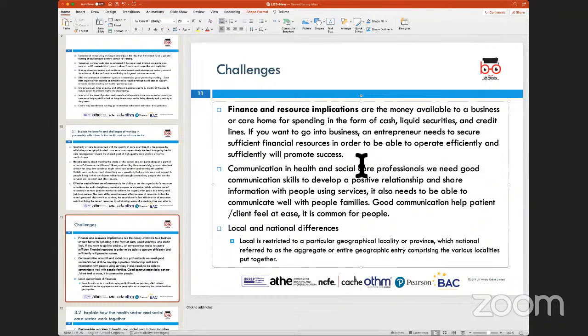Now, why did the government during the COVID pandemic make a decision to construct makeshift hospitals in London, Birmingham, and bigger cities? It is because they saw that the demand for hospital beds and ventilators would increase. So as a bit of proactive thinking, the government started to put steps into place to ensure that if the existing hospital and infrastructure was overwhelmed, then they had provisions for patients to go into these makeshift hospitals where they could receive treatment, and there were enough ventilators available to provide to patients who needed them.